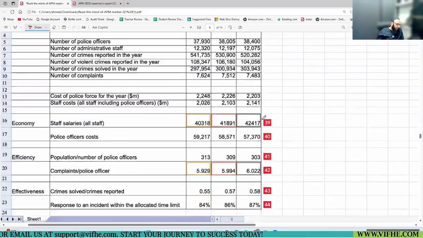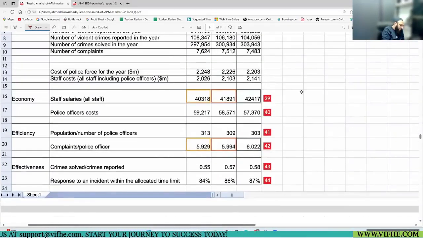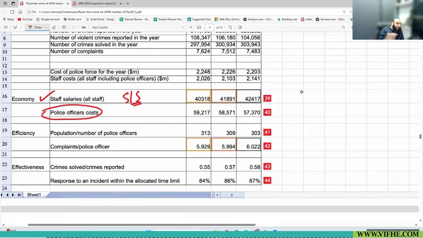Okay. For this, what supporting calculations have been done? For economy, staff salary divided by total number of staff. This is salary per staff. Okay. And this is the police officer cost he came up with. I don't know what sort of cost it is.